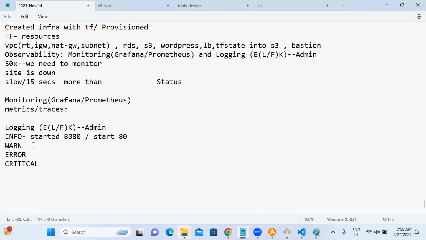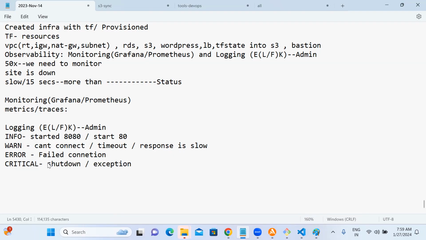Warn is, for example, cannot connect, timeout, or response is slow. Error is obviously something like failed connection. Critical is like a complete shutdown, an exception, for example, a failure. These kinds of lines you can read when you are reading the logging.